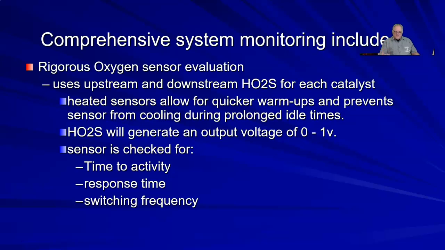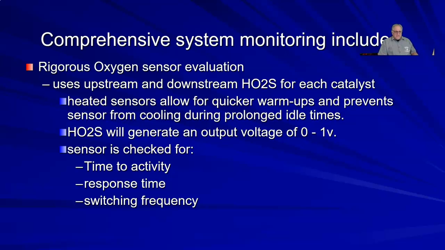It's going to watch how long the oxygen sensor takes to switch from rich to lean, and that's going to be measured in milliseconds. It's then going to go back 10% rich. How long does it take the oxygen sensor to respond, lean to rich? Again, a number of milliseconds. That's where it's going to catch a lazy O2 sensor if it just can't make the change as quickly